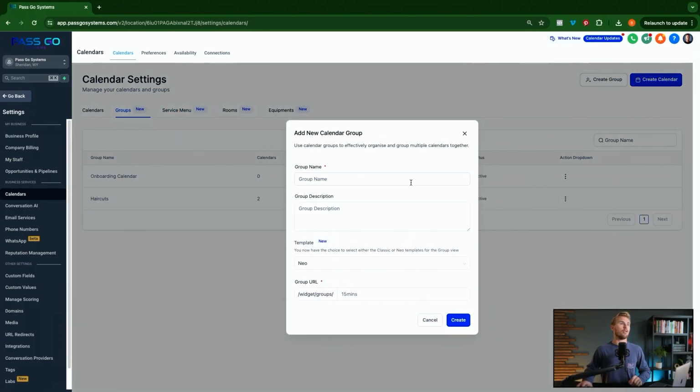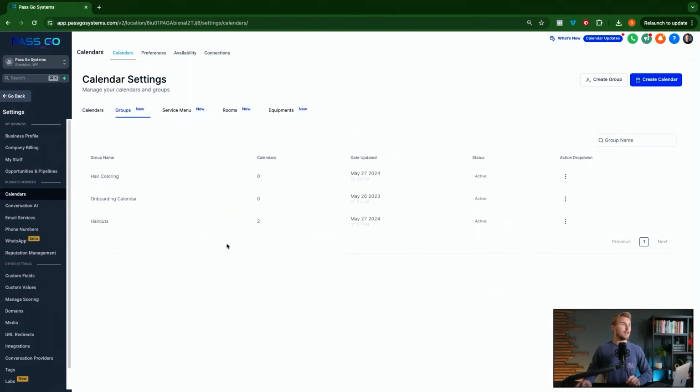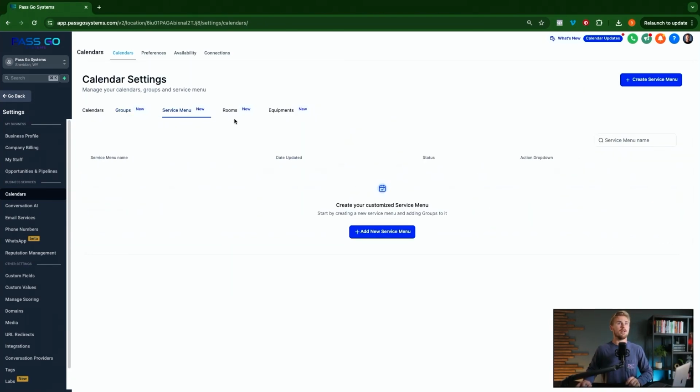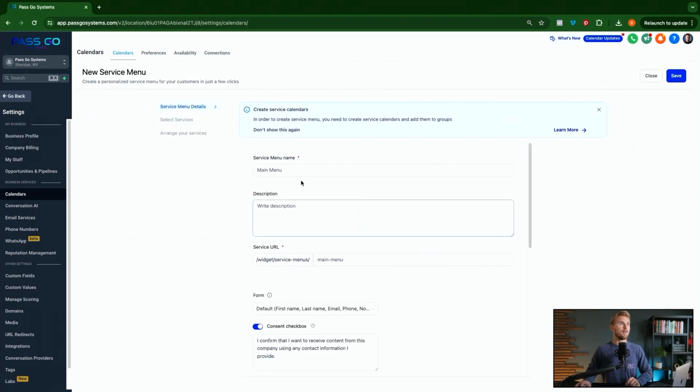So you could create groups, and this group could be called hair coloring. And then group description, you could describe it, group URL, pass go, hair coloring. And we're going to create this group. And so now we've got haircuts and hair coloring. And for the service menu, we can add a new service menu and service name, Pass Go